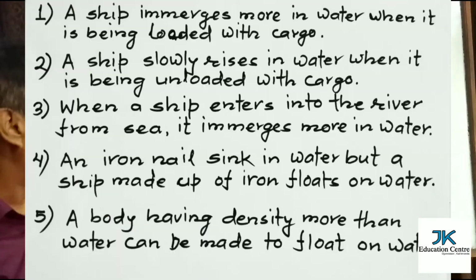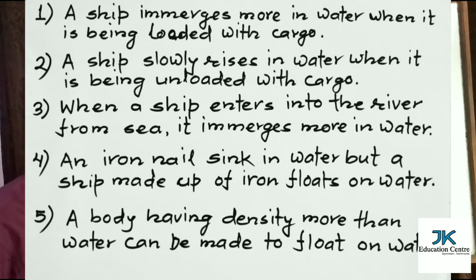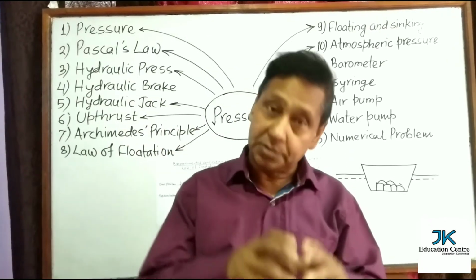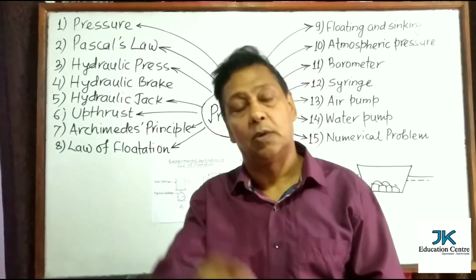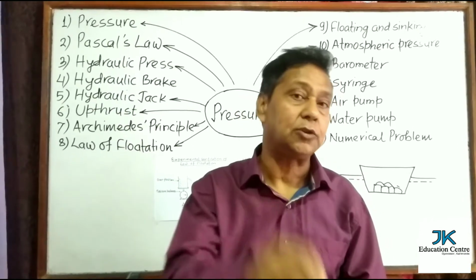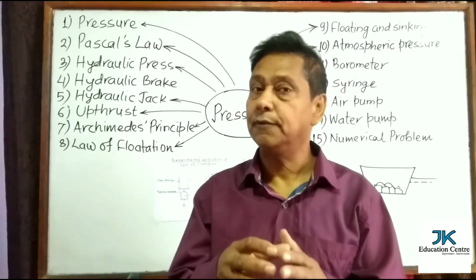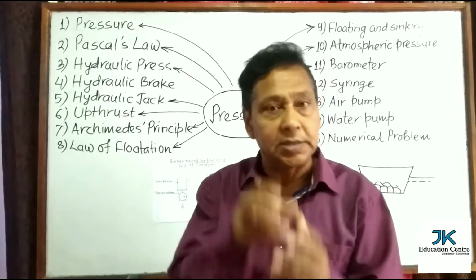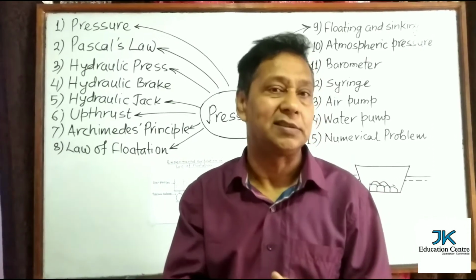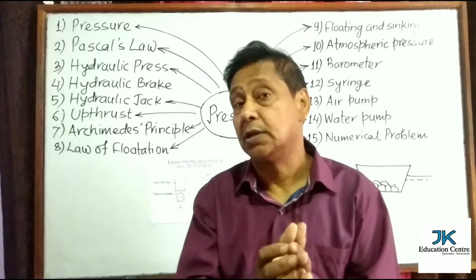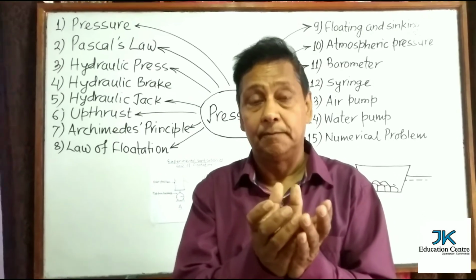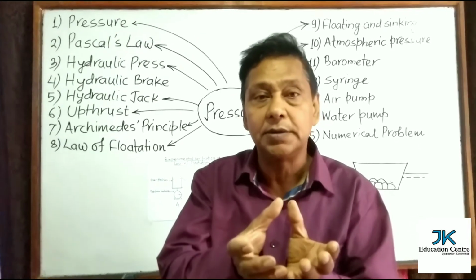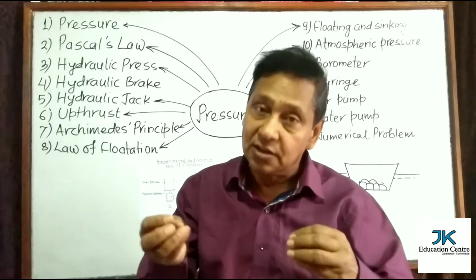Now look at this. A body having density more than water can be made to float on water. How? If a body is denser than water, it should sink in water, but it can be made to float on water. How is it possible? If it is converted to a shape in which it is hollow inside, or there is blank space inside it, then it becomes able to displace a weight of liquid equal to its own weight. It is normally made by raising its edges upward. A lot of blank space is left inside it,